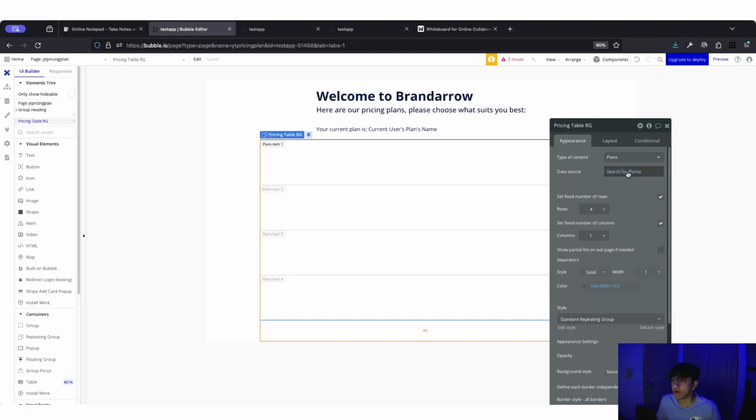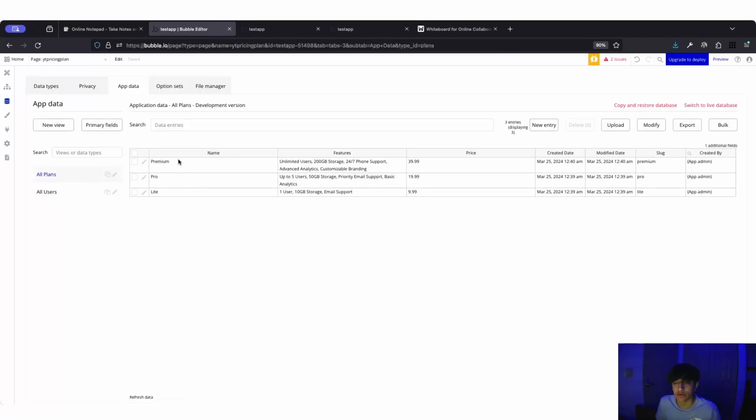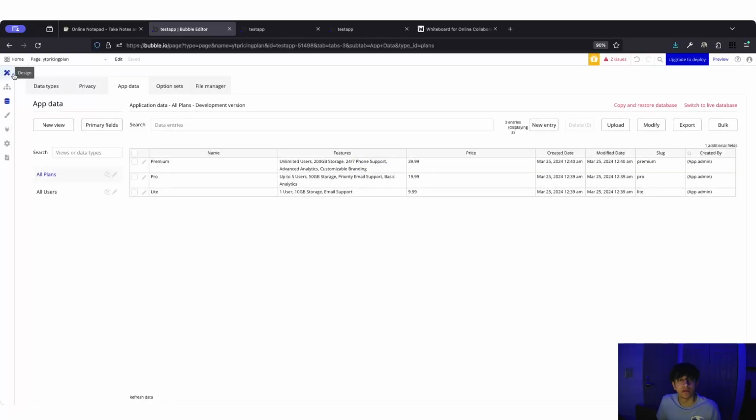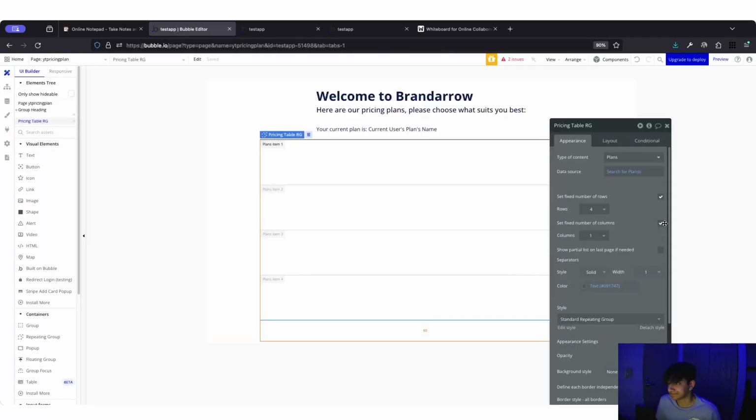So it's bringing all the plans in from our data type of plans now. And you can see that here in plans. We have all 3 that we just created by hitting new entry and just quickly creating them. Cool. So now that we have all the plans in, what you can do with this, I would always set